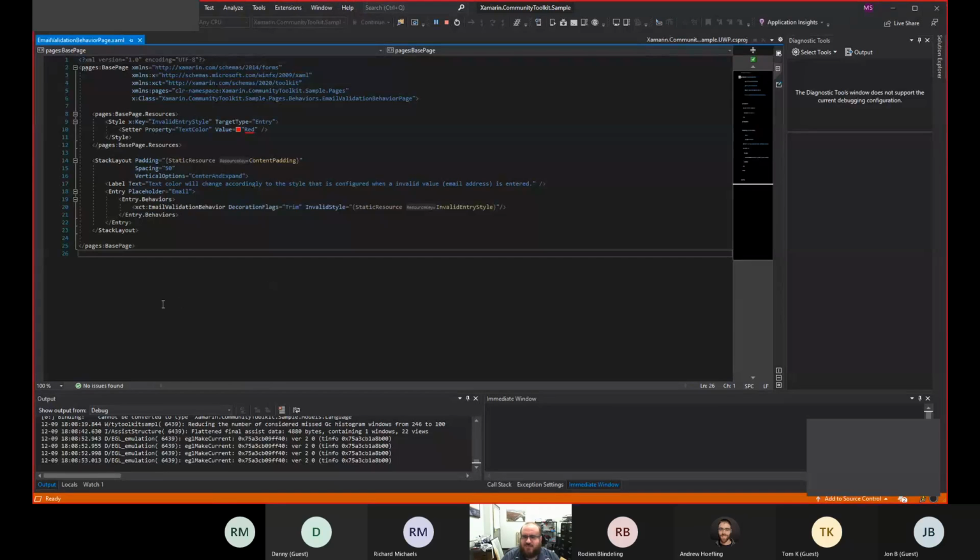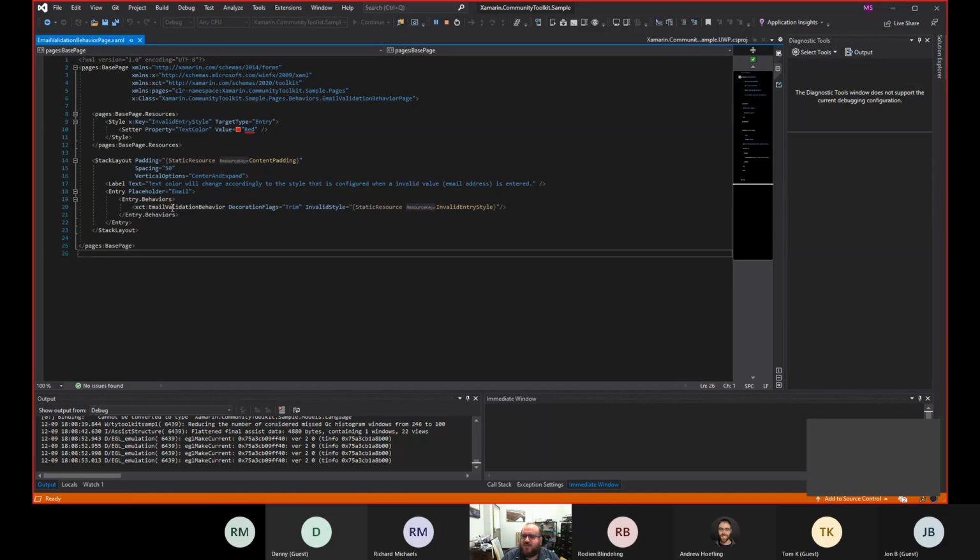So a behavior, for those that haven't played with them, is very simply an addition to any of your input fields. In this example, we have the reference to the Xamarin Community Toolkit. We have our entry, which has a placeholder of email, and then we have a behavior added,